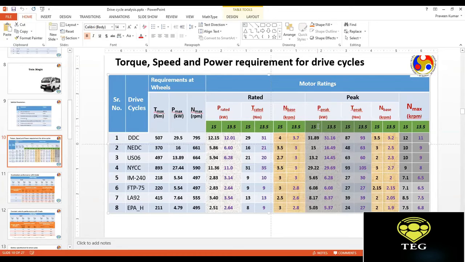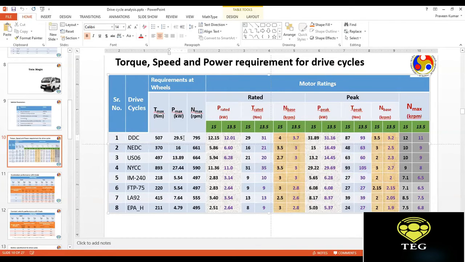Clear? Now, there is a big distinction between the motor and the internal combustion engine. If we use an internal combustion engine in this Tata Magic and we say that the peak power requirement would be 29.5 kilowatt, then we have to use an internal combustion engine that will ensure 29.5 kilowatt of power. So that means we would go for an internal combustion engine of 40 kilowatt because of all the efficiencies. So a 40 kilowatt output from the engine would result in 29.5 kilowatt power at the wheel.